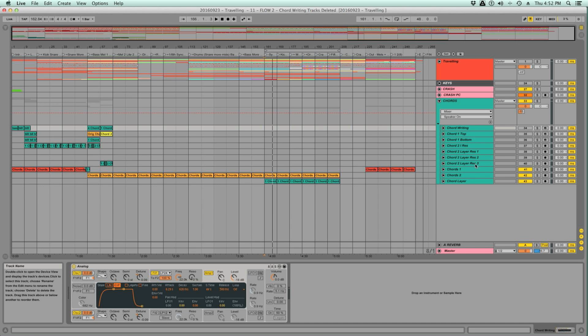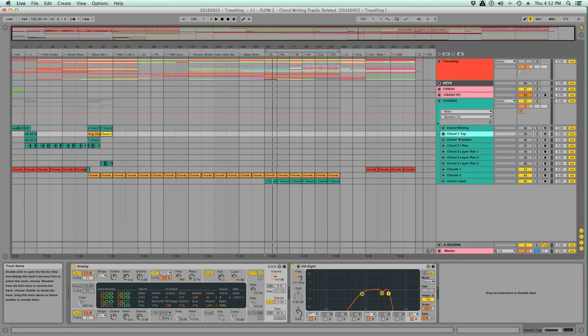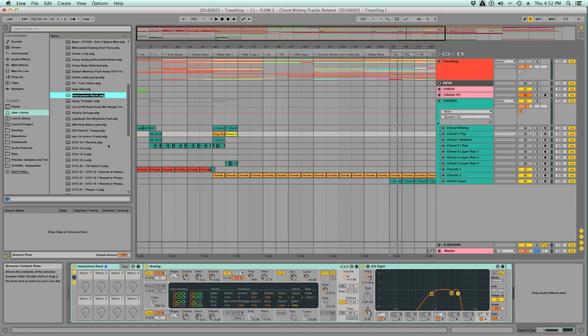So I'm going to go ahead and just delete all these. I'm not even going to save that preset, you know. You can. I mean, this is just a chord writing. This is the chord top. Why don't we, just so I can show you guys, because you might not know. You can just come over here and press Command G, and then you just end up with an instrument rack. You see, it includes an EQ. So this is the traveling arrival chord top,